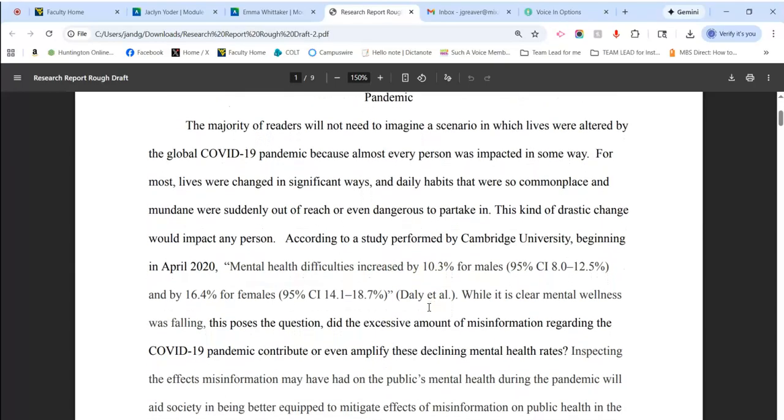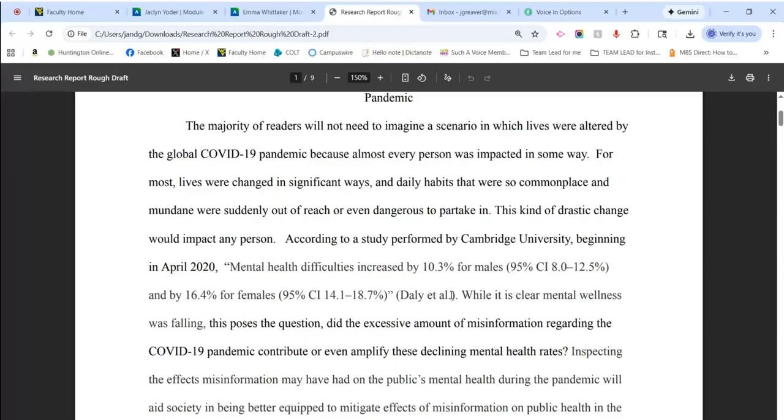Okay, so good job introducing this source and incorporating it. Don't forget though that you always want to have a page or paragraph number here, along with whatever's in the parenthetical. So what you have in here is good. Dolly, et al., period, and then you should have a space, and then just a page number, which would be like 12 or 20 or whatever page number it is.